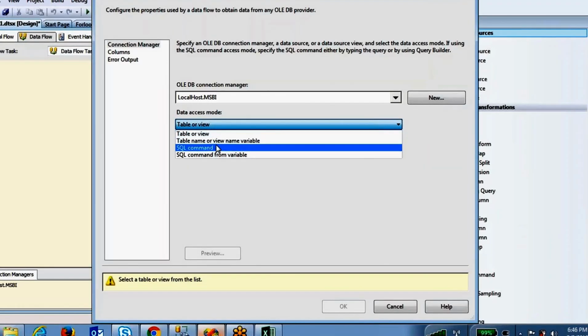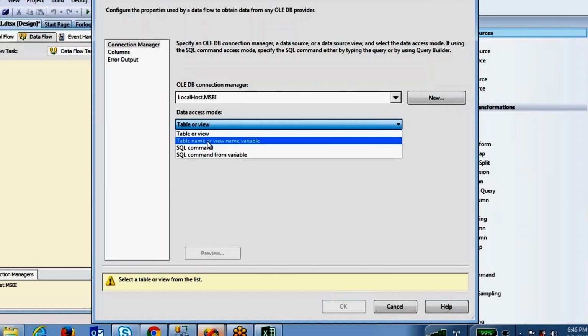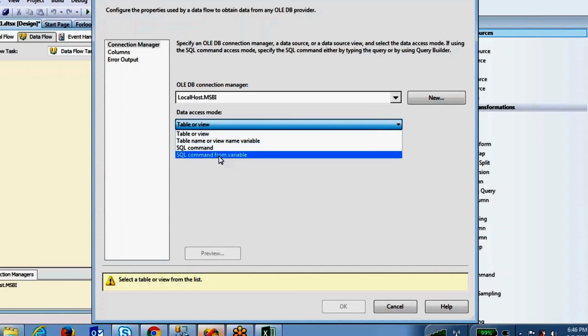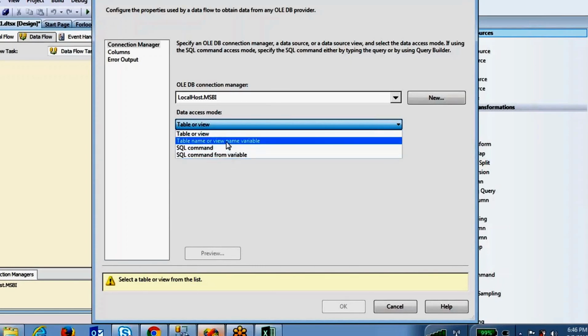So instead of directly taking the table from here, I want to keep the table name inside a variable. I'm going to take table name or view name. That table I'm going to put inside a variable. So you just create one variable, name table name, and this is a string. I'm going to use not a local temporary table, I'm going to put here a global temporary table. The temporary table name is the same name, you have to give emp.